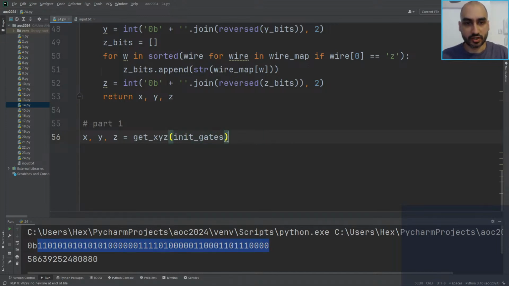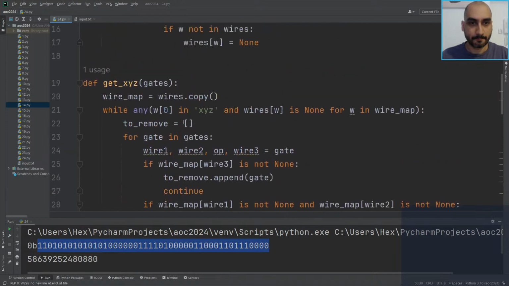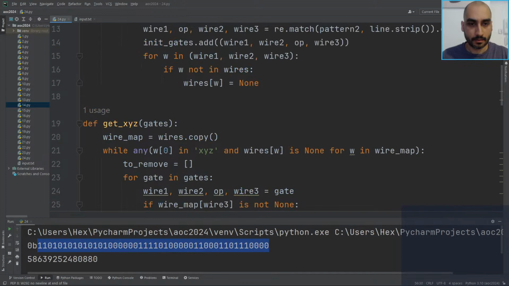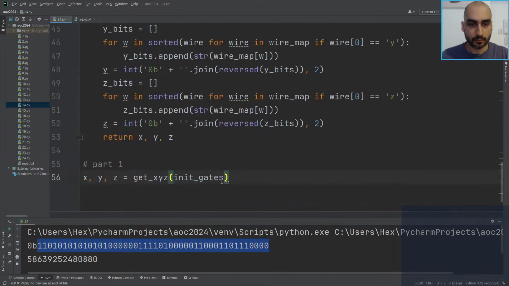In fact, we should just say, no, that's fine. Print x, y, z. All right, I just want to see if